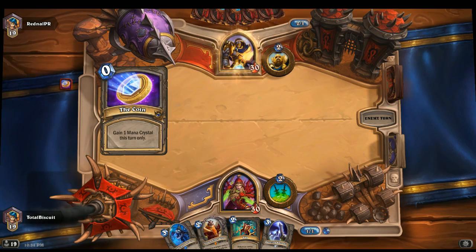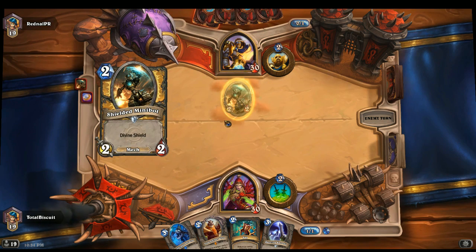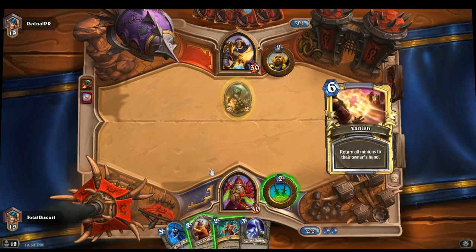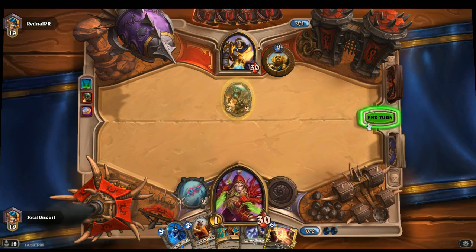It's coining early. What's he getting out? Probably can't play Cho then as a result of this. Shielded Minibot. We could play Cho, but would it be helpful? Probably not. We're most likely not getting anything out of Cho. The main problem with Shielded Minibot is that it just outright kills Cold Light Oracle, so we're going to have